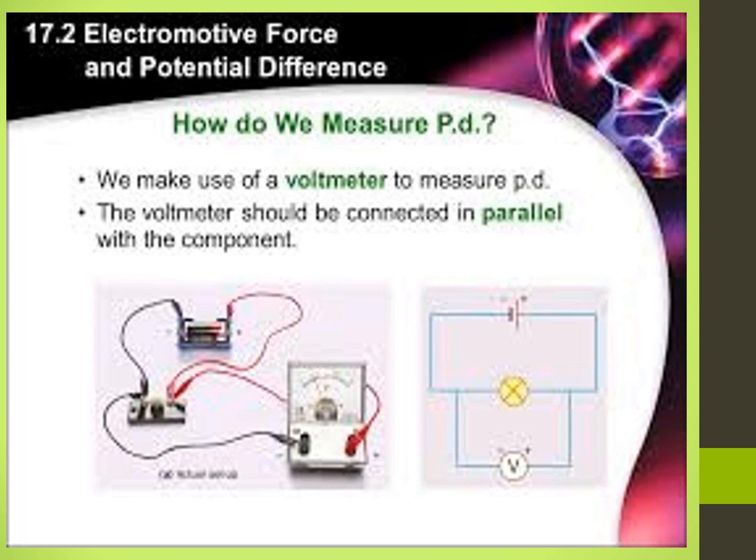Connection of voltmeter in a circuit. Everybody see the circuit diagram. First battery is there. Second, that one connects with the bulb. After that it connects with the voltmeter. Okay. It is a circuit diagram.